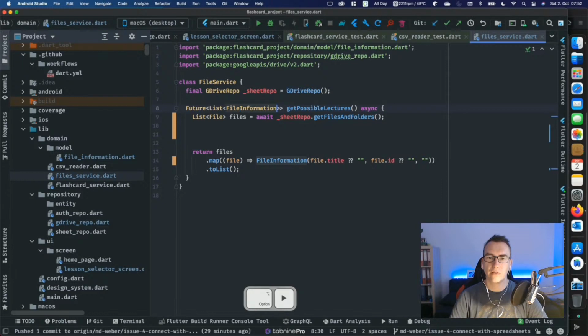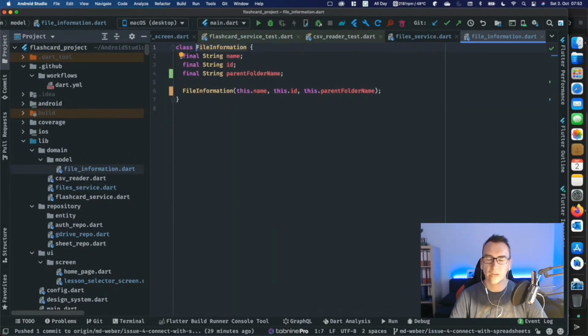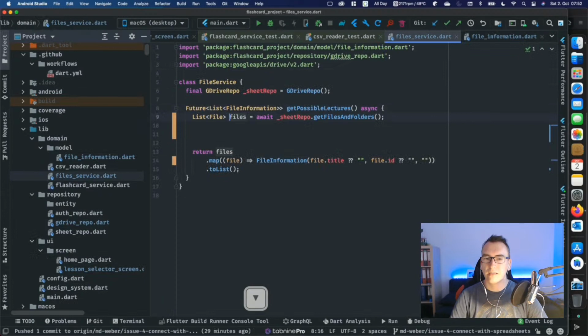Let me quickly think if I have that correctly in mind. So we have a file information with the parent folder name. We only have one parent, so we don't need to create a full tree. Now inside of here, we get all the files, and the files are linked with the ID. So what I could check is if the files dot,